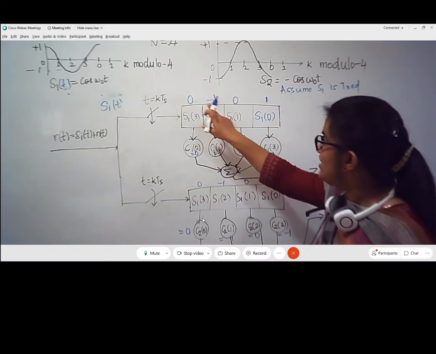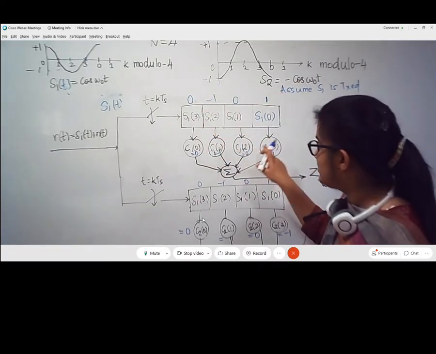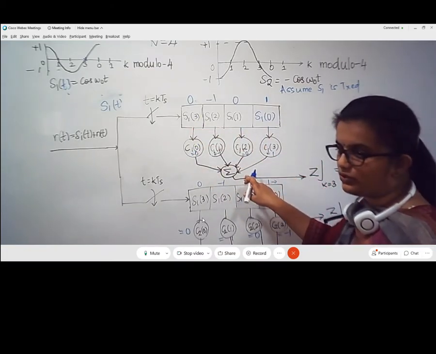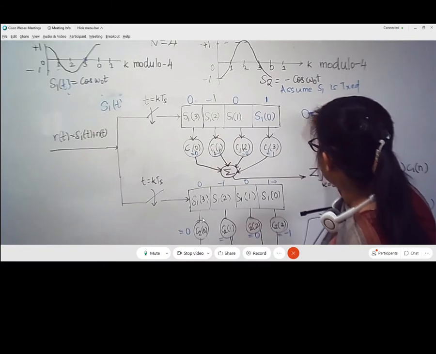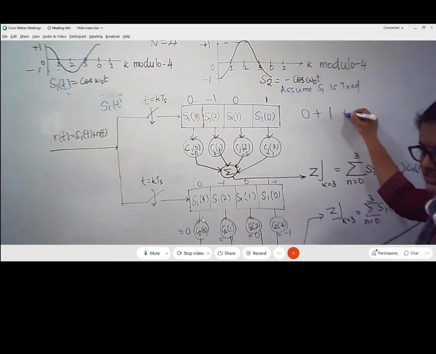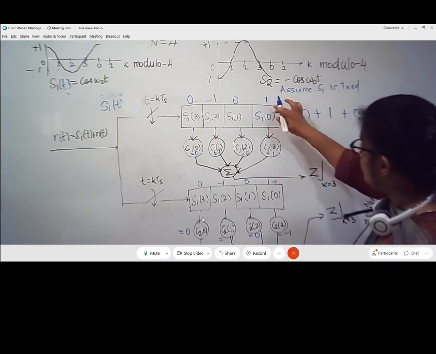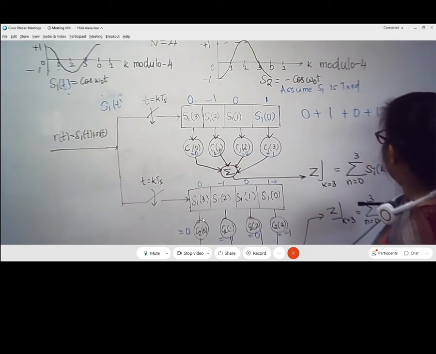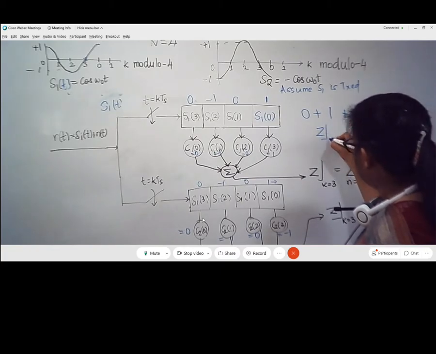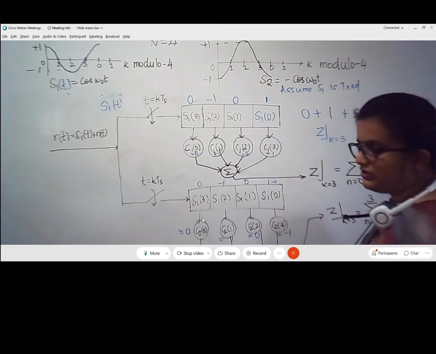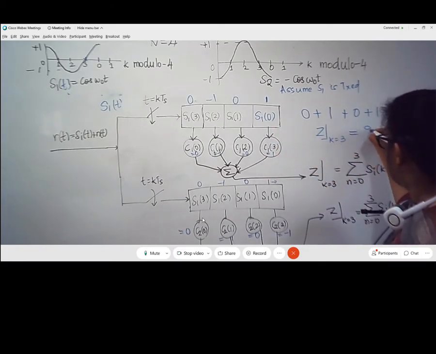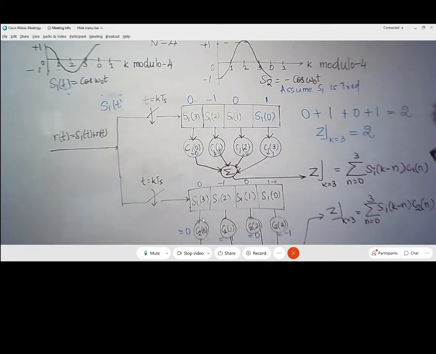Now I am going to compare the received signal information with the weights. Multiply these two and add. That is what we are going to do now. 0 into 0 is 0, plus minus 1 into minus 1 is 1, plus 0 into 0 is 0, plus 1 into 1 is 1. So when I add these values, I get a value equal to 2. So at the final time instance, k equal to 3, the comparison operation or convolution operation gives me a value for z equal to 2.